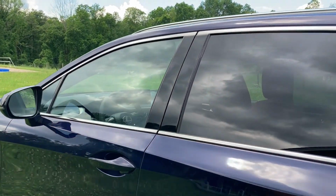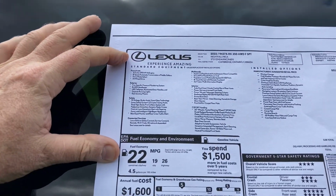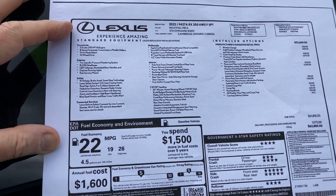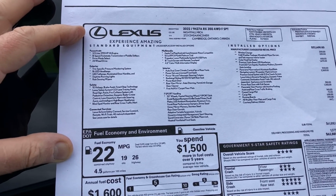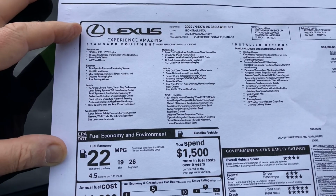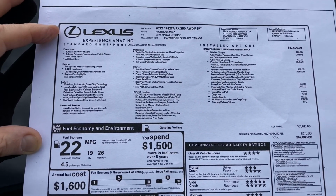Let's have a look at this sticker, shall we? We have, as you can see, a lot of options on this particular vehicle that takes it up to a grand price of $62,885. However, there's an awful lot in this car, and one of my favorite things about it is it has